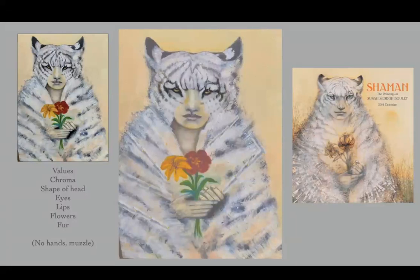So in the center, we lowered the value contrast, meaning the darks aren't quite as dark and the lights aren't quite as light. We added a little more of that yellow-orange chroma to the background and to the areas on the cat goddess. I squished down the shape of the head a little bit. You'll notice it's a little bit squishier in the center than it was on the student's drawing on the left. So it's starting to approach a little more the shape of the head in the source material